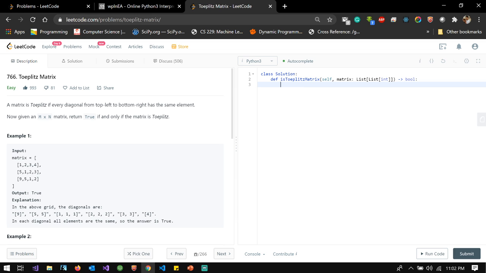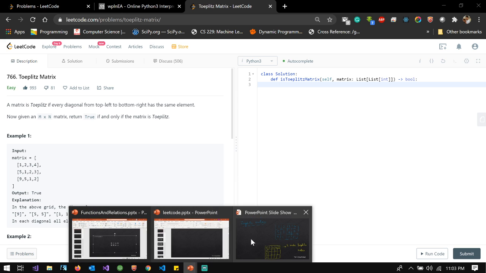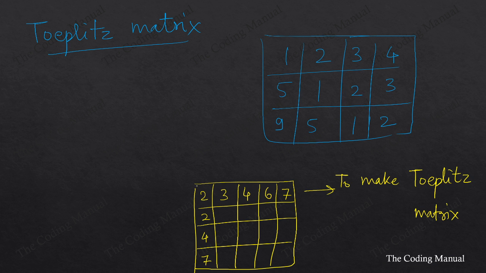And then my thought came like this: when I did some Google, I found there is a method available, toeplitz, and we pass a